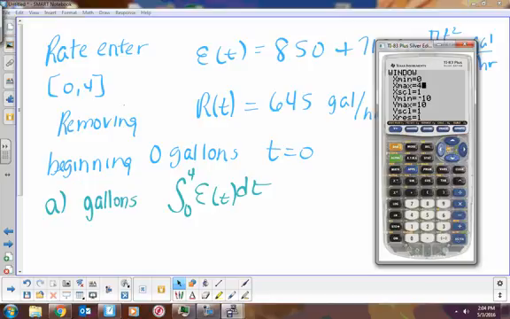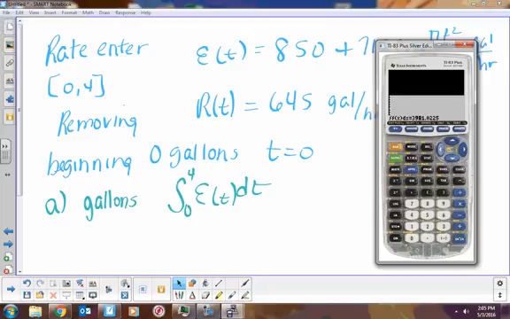You don't want to look at any extraneous stuff. We're going to now do second trace. We're going to choose 7, and I'm going to integrate from 0, that's my low limit, enter, to 4. And I get